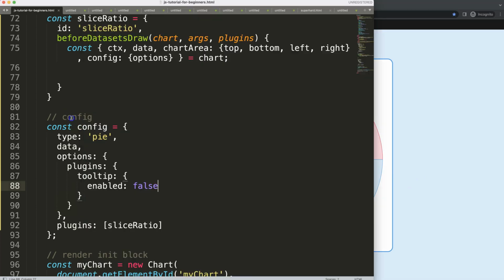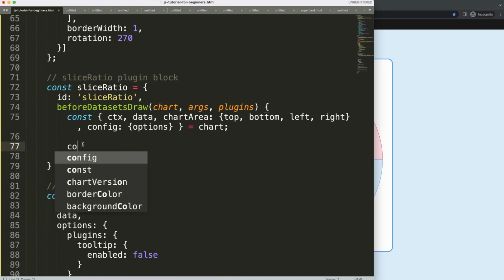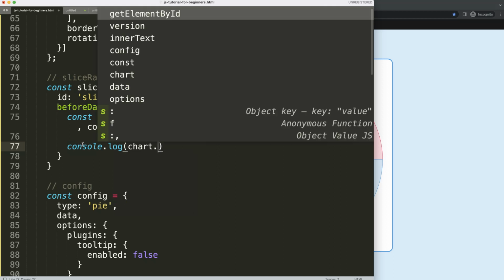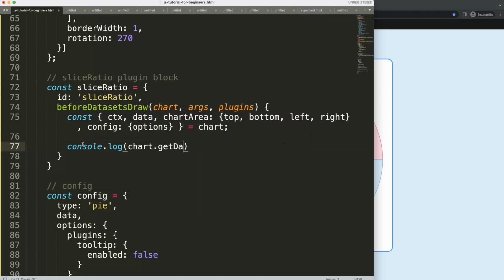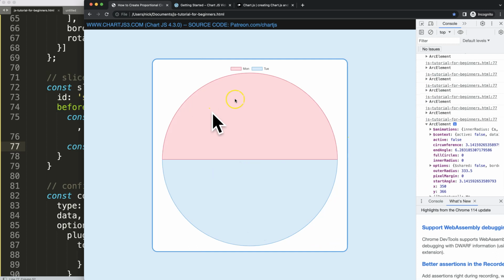Alright, so now we have this here, and that works all fine. So what I want to do is use the specific built-in Chart.js functionality, which is the center. So I'm going to say chart, and I have a console log, so I will show you, chart.getDatasetMeta(0), but we do it with the parentheses because this is a built-in functionality. Then we're going to say .data[0], which is index 0, and if I save this, refresh, open up the developer tab, you can see here we get all the arc elements, which is basically this donut slice or